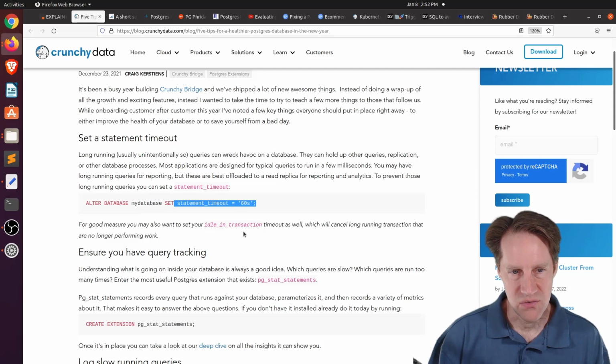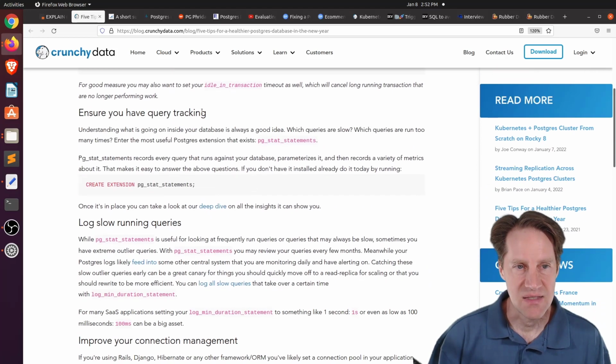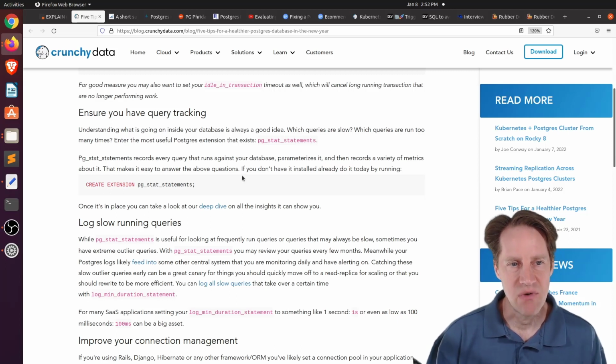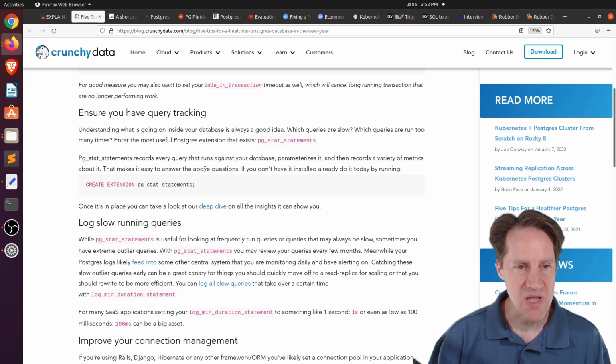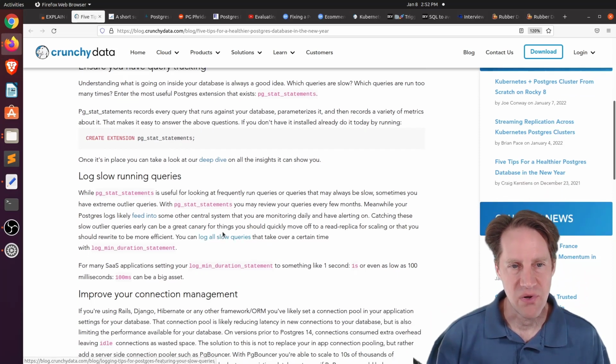Also, it's important, as he mentions here, to set an idle and transaction timeout as well. That would also be important. The second tip, ensure you have query tracking. So basically, this is using pg_stat_statements. I highly encourage you to set this if it's not already done for your database, so that you can track all the statements running through the system. Because this is the main tool or feature I use to find slow queries when I'm doing a performance improvement for a client. The third tip is log slow running queries, and this can be done by editing your Postgres configuration